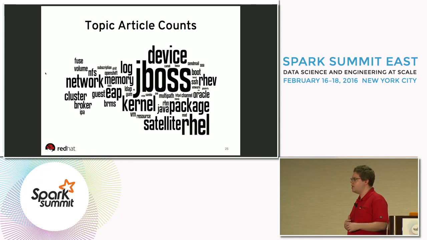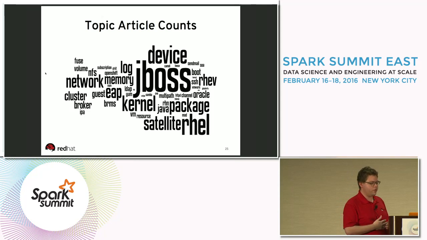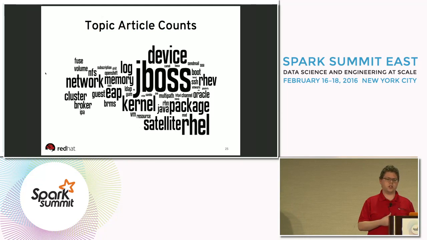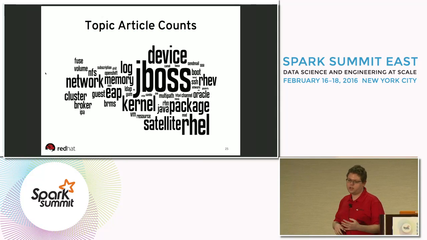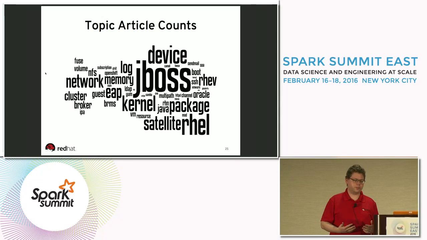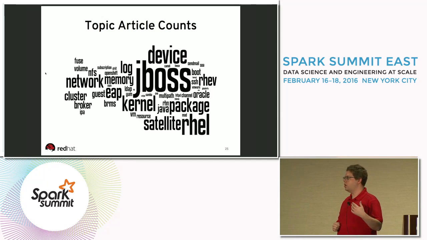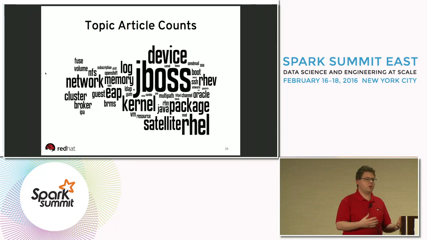I was interested in how many articles are written for each topic. So I took the top enriched word for each topic and produced a word cloud where the sizes of the words indicate the relative number of articles. We see that JBoss, RHEV, RHEL, and Satellite, 4 of our products, are among those topics with the most words, or most articles. We also see other topics such as network, log, memory, and device have a number of articles